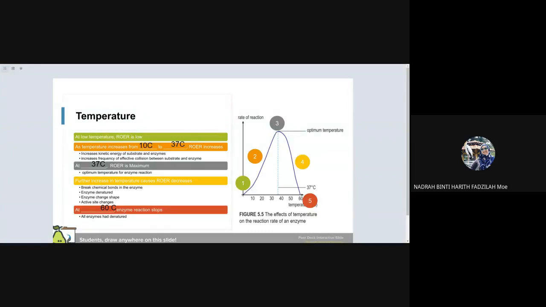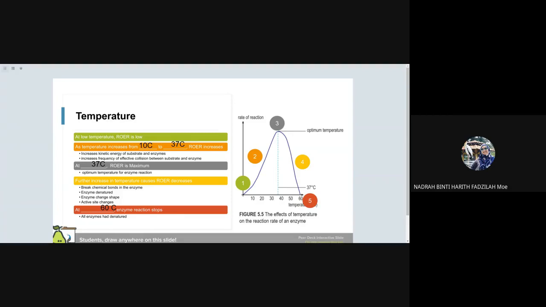Ingat anak-anak, maximum reaction, optimum condition. Tak kisahlah kalau kita cakap pasal nanti kita akan belajar rate of photosynthesis, rate of transpiration. Dia punya perkataan maksimum tu sentiasa partner dia dengan optimum. Okey. So, selepas 37 darjah Celsius, suhu bertambah tapi pasal apa